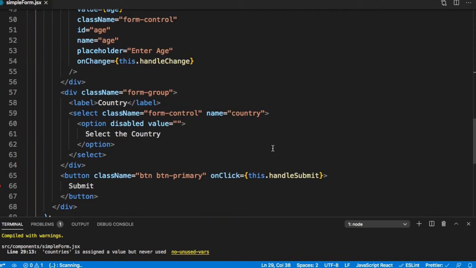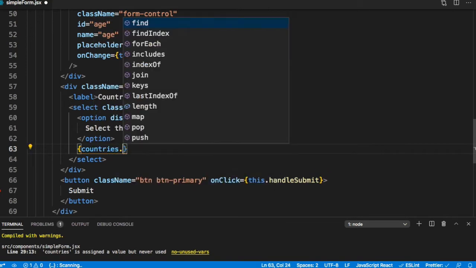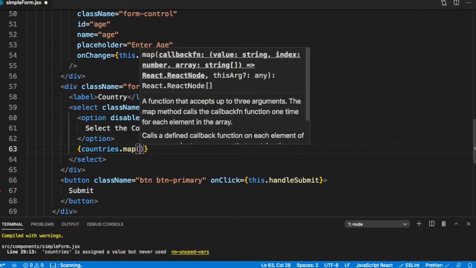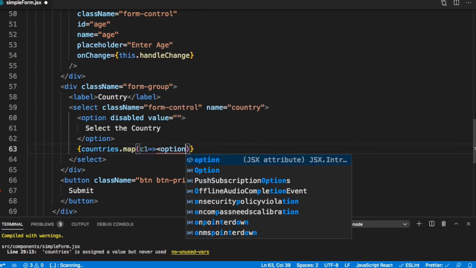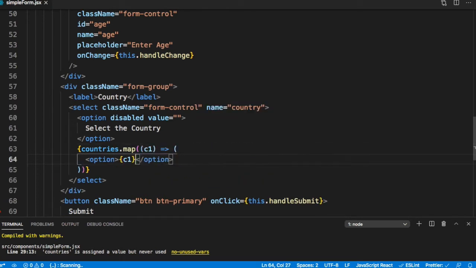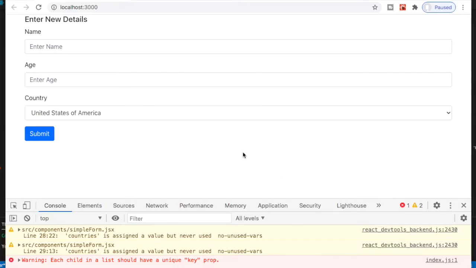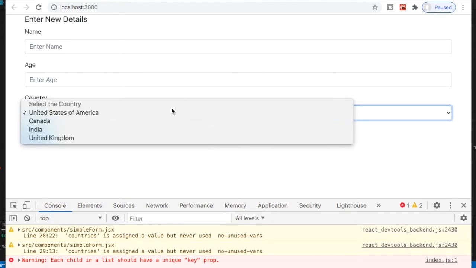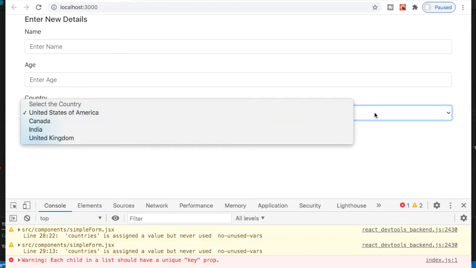Then within the select, we can define a map: countries dot map, say C1 goes to, and we display an option with C1. If we go and check here, the country options have been displayed.